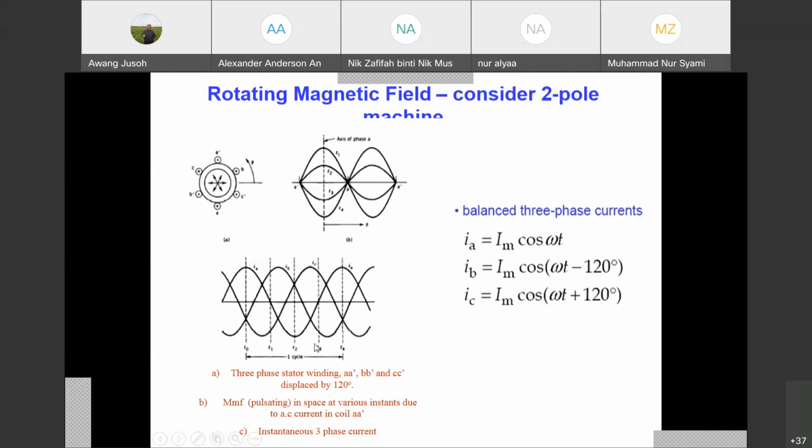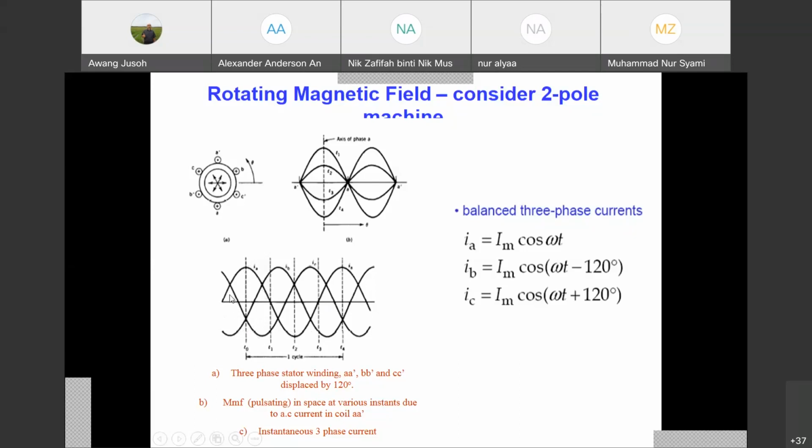Okay, this is the current that we apply to the machine. IA, IB, IC. IA is phase A to the stator winding. Okay, this is T naught. T naught represents the timing that we want to check. T naught represents IA maxima positive, IB and IC negative, half of the maxima negative current flow. You understand? At T naught, time 0, IA is positive current. This is a balanced current in a three-phase system.